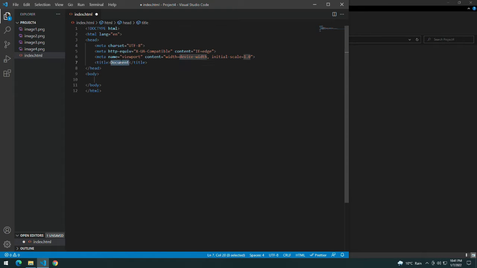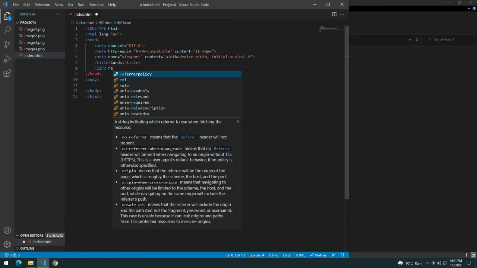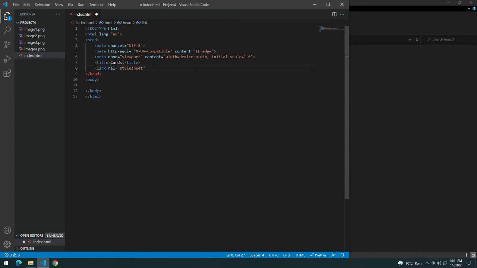Let's start with the HTML file and create cards. The images I have used in this project will be in the description, so you can download them from there. I'm attaching the link with style.css, creating a file style.css. Now creating a container, a div of class container,